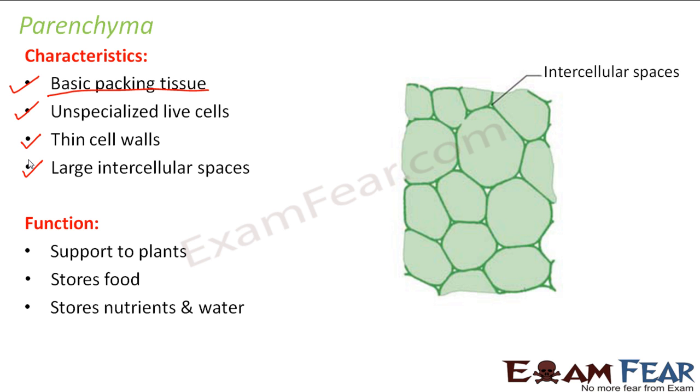For example, in our home also, we do have kitchen where we have so many containers to store things. Even though we cook food and we eat it immediately, but still we will keep things for storage so that we can use them as and when needed, right? So storage is important. So in plants, the parenchyma performs as the storage of food. It stores the food, nutrients and water, so that it can supply them to the plants as and when needed. And obviously it provides support to the plants because it forms the basic tissue. Therefore it definitely provides support to the plants.